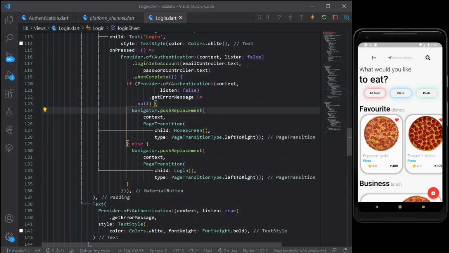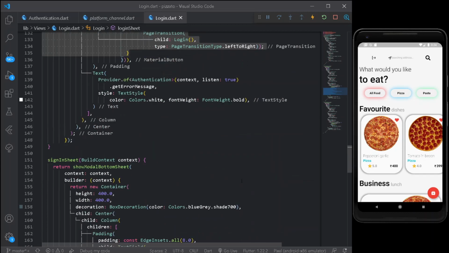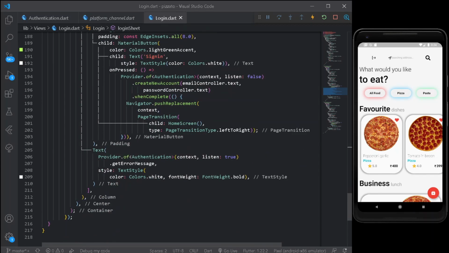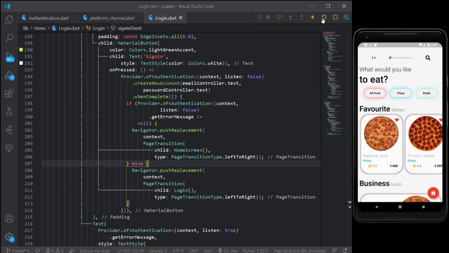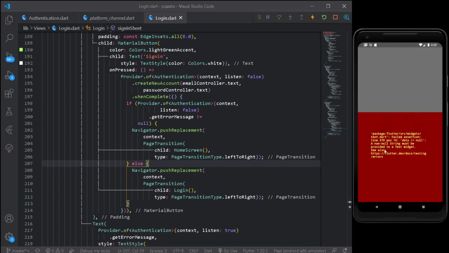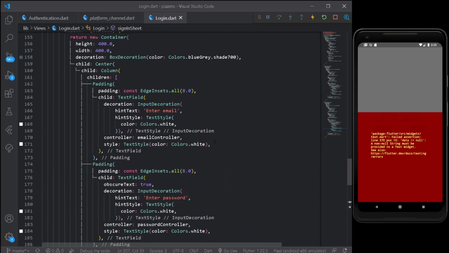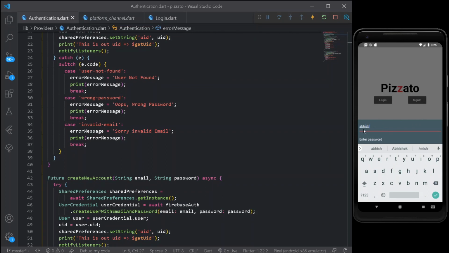Now as we have done this under our login sheet, we can simply copy the entire thing from here and paste it under our sign in sheet instead of having just a common transition, that is navigation. Cool. So let's load our entire application once. Let's log in. Alright, so as I said before, a non-null string must be provided here. So as we have done this, I will be simply writing here my entire email, which is abhishek@gmail.com.